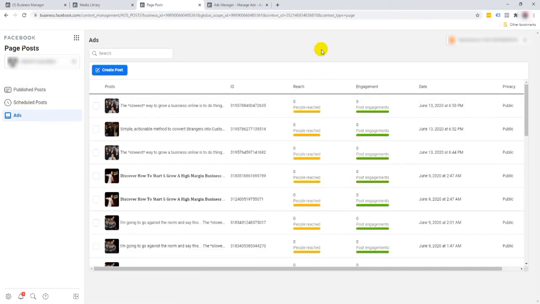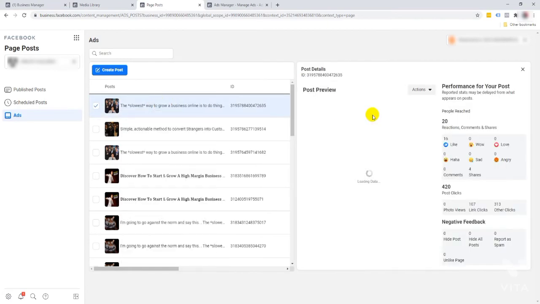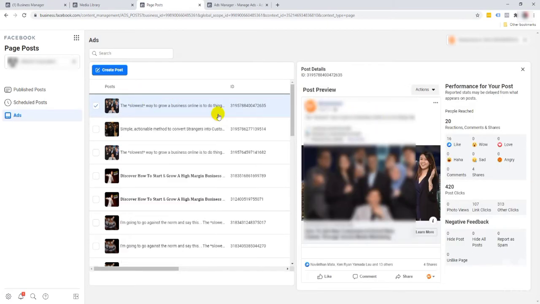All right. Now, whether you realize this or not, every time you make any edits or a copy of advertisements that you already have, it's just going to make clones of it with different IDs. So visually, it might look the same to you, but in the back office, you can see that there are multiple IDs for very similar advertisements. And again, if you want to keep things a little bit neat, what you want to do is click on the page post that you would like to delete. Like for example, this is the one,